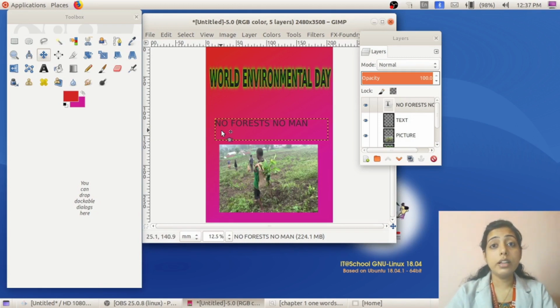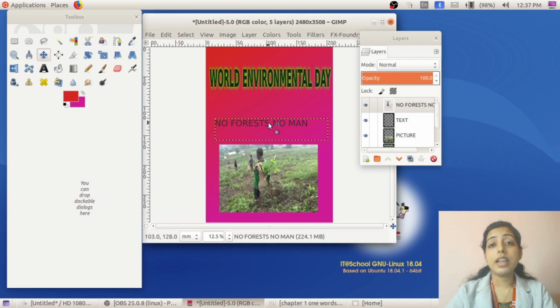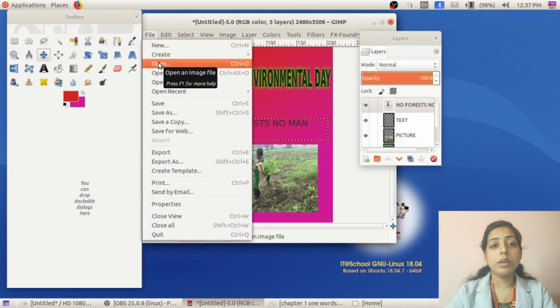So the difficulty is, we must consider this text activity, or adding text, as the final activity. Once you add text as the first activity, and if you try to paste an image on the poster, this image will get pasted on this selection line. I'll show the difficulty. Now I am going to paste an image.